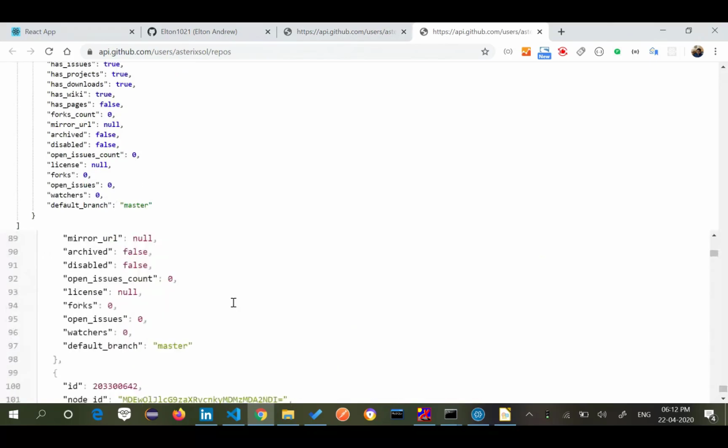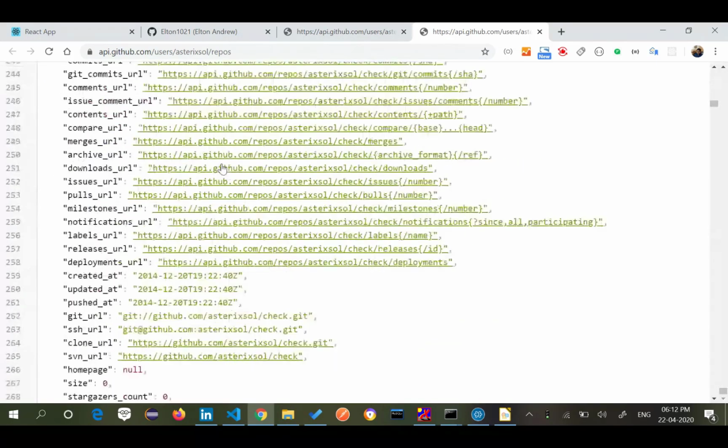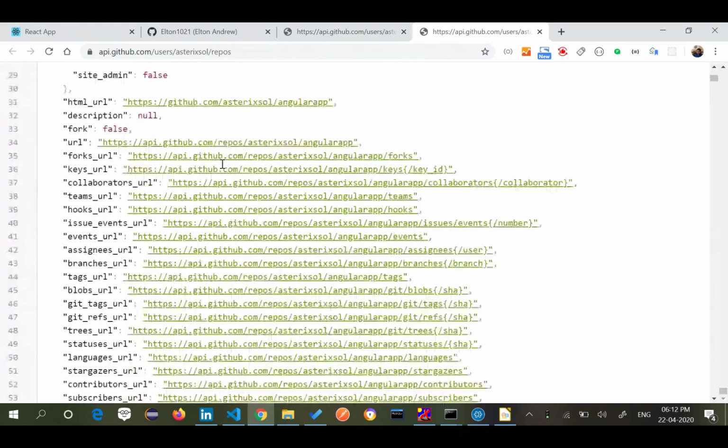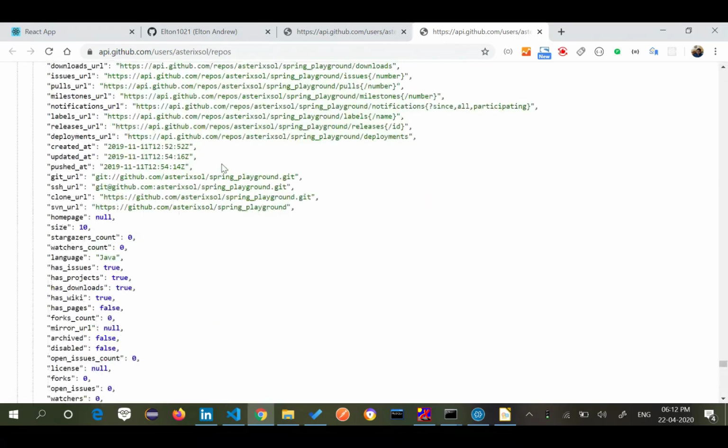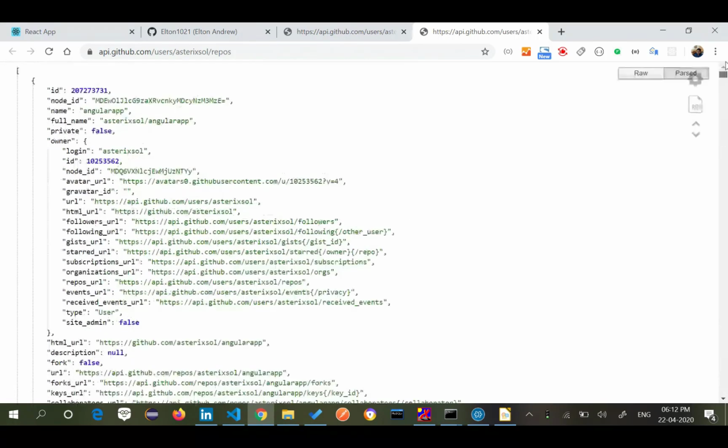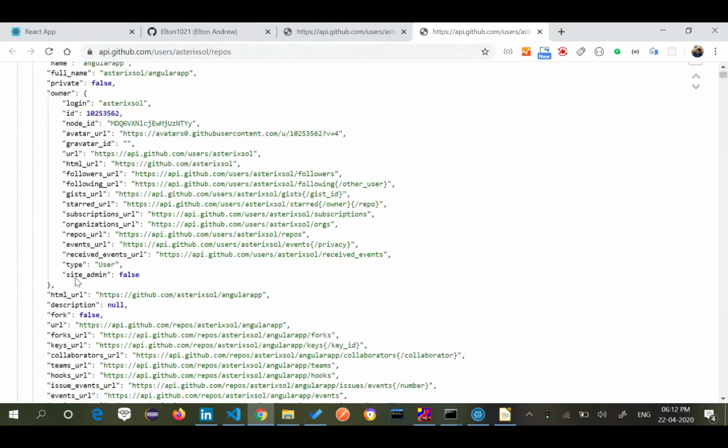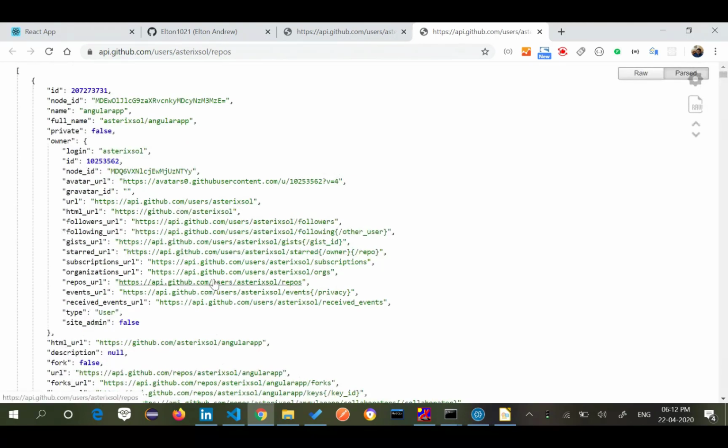I am getting all the repositories I have. Each repository has its own ID and name, and internal details, but I'm not worried about the internal details as of now.